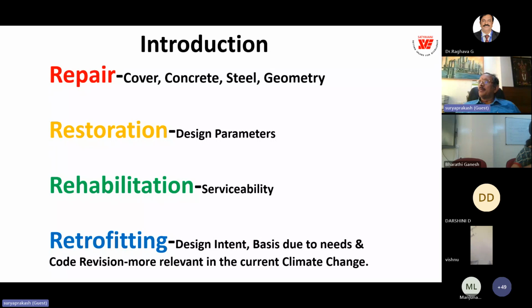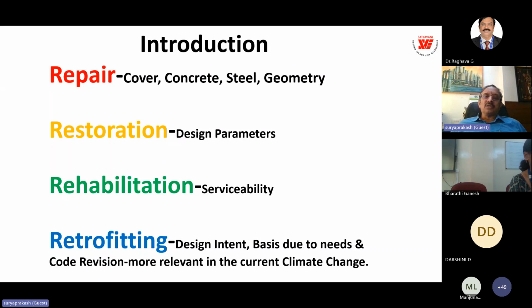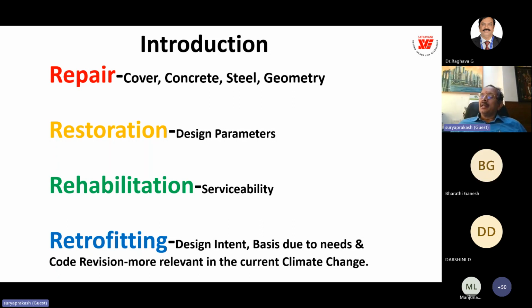I'll be showing some case studies of detailing of the steel reinforcement, the cases where it went wrong, and also the corrosion of the reinforcement and the fire accidents that can happen, after which we do the restoration and rehabilitation. Next is the geometry. Geometry is the dimensional tolerance of the structure, whether it is the sizes of the members, like thickness of slab, or sizes of the foundation, depth of foundation. All these issues are handled in the geometry, which also needs repair to regain the original design dimension or design